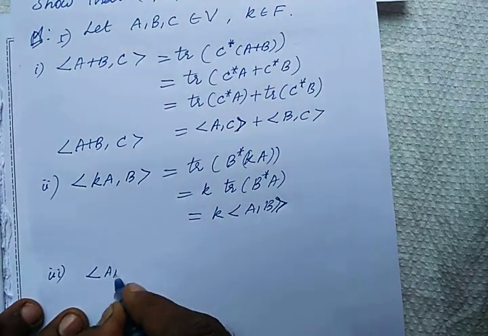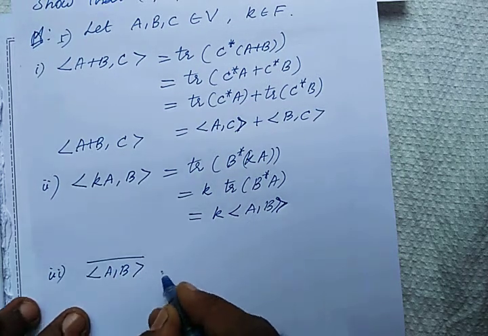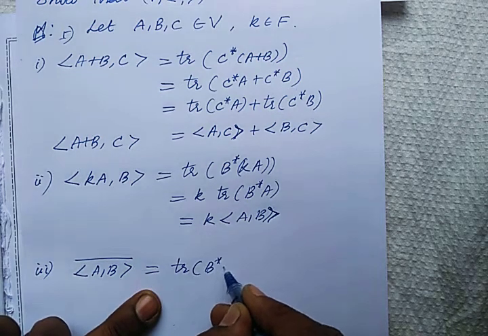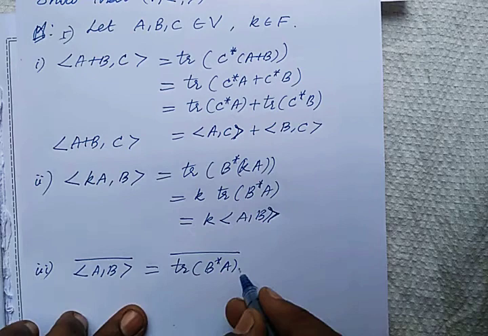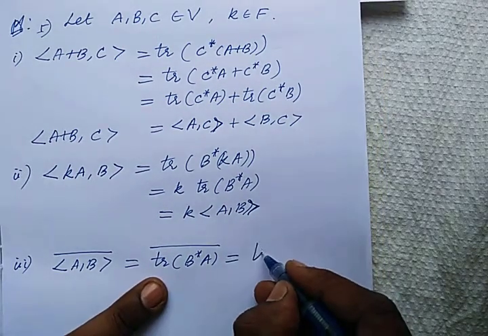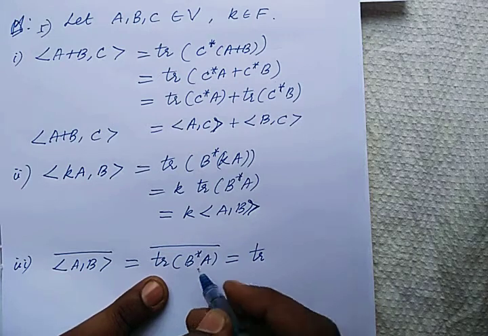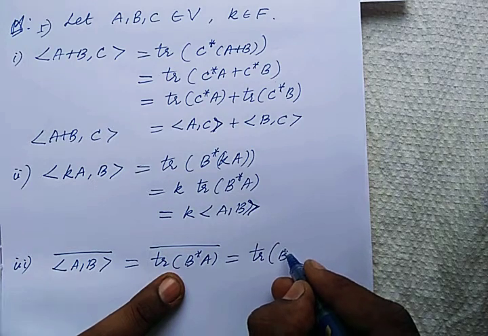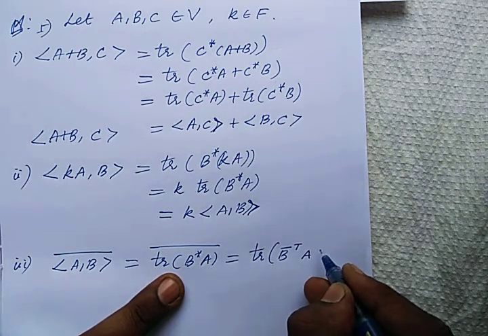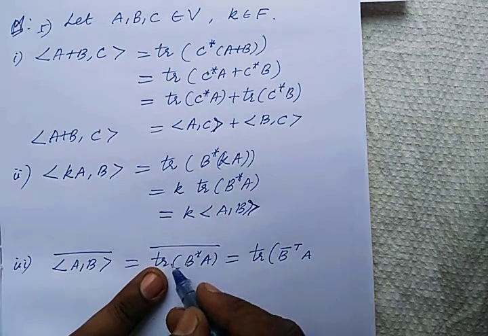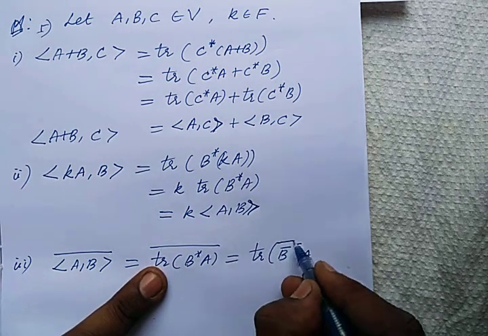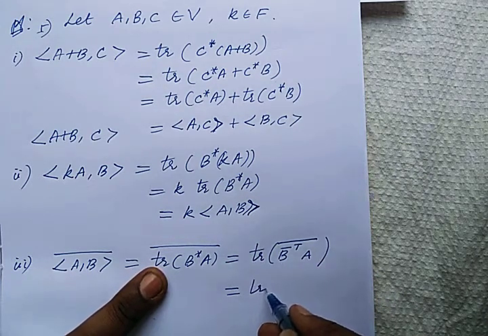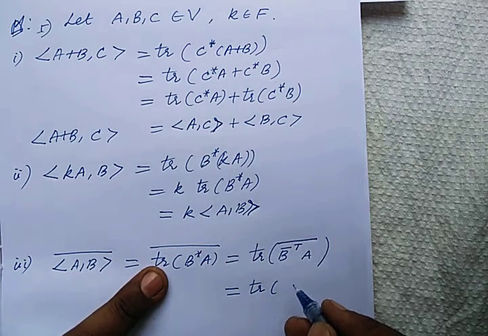Inner product of A comma B, the whole bar. This is equal to trace of B star A, the whole bar. This is equal to trace of, this bar can be taken inside, right? It is already B bar transpose. Now this bar can be taken inside, so this bar cancels. So we get,